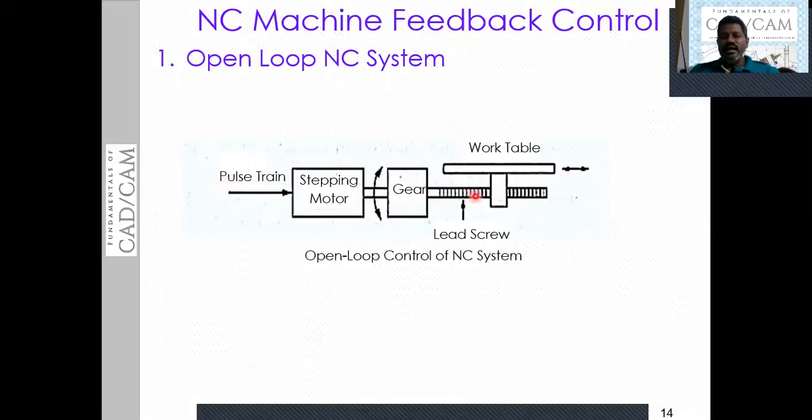If you find any error in the movement of the tool or in the movement of the work table, we cannot go back. That means if there is any error in the case of work table movement or tool movement, we cannot adjust the movements of the tool or the work table. We need to proceed further with that error itself. We cannot correct the actual locations of the work table or the movement of the tool in this case.